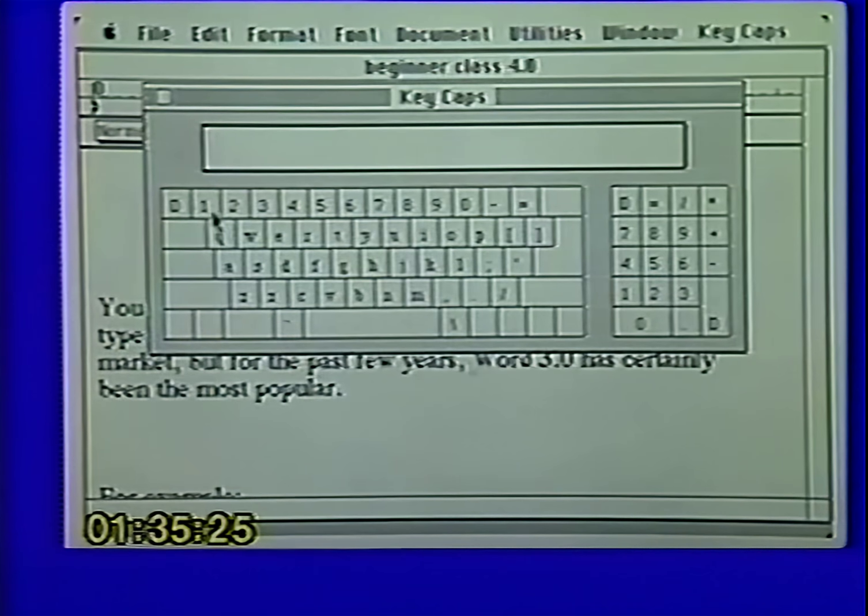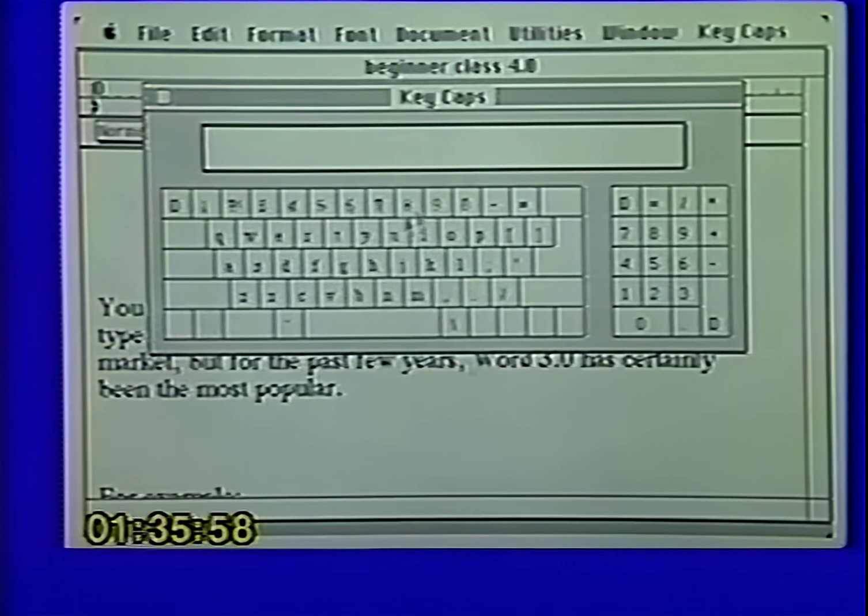Now as I look down at my keyboard, what that basically says is if I push a Y, I'm going to get a Y. Now the next thing that I want to do is I want to hold down my Option key. Now as you will notice, when I hold down my Option key, the entire keyboard changes. That says that if I ever go to my keyboard and I hit Option 2, I'm going to get a trademark symbol. If I get Option 3, I'm going to get, and I think that is the English pound symbol. If I hit Option 4, I'm going to get the cent mark. We've got infinity symbols. We have got registration marks. We've got a copyright symbol.